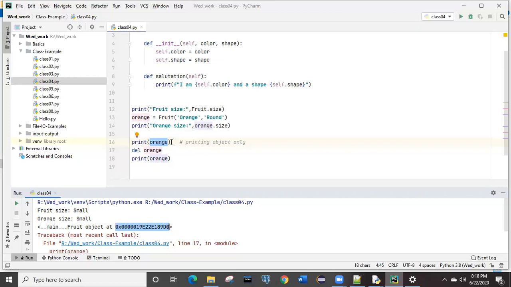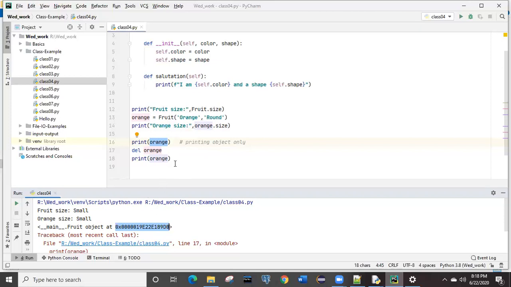And after printing, immediately you are deleting the object, right? From this location, whatever is highlighted over here, that object is getting deleted.